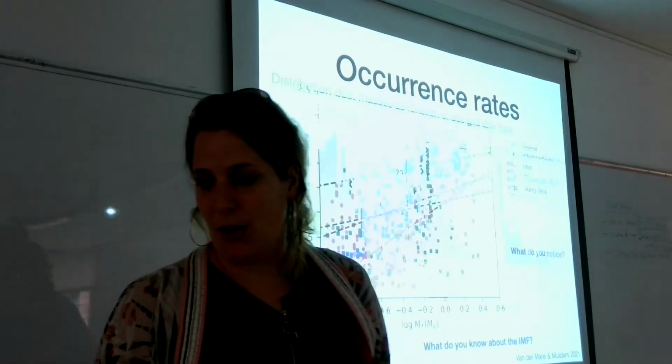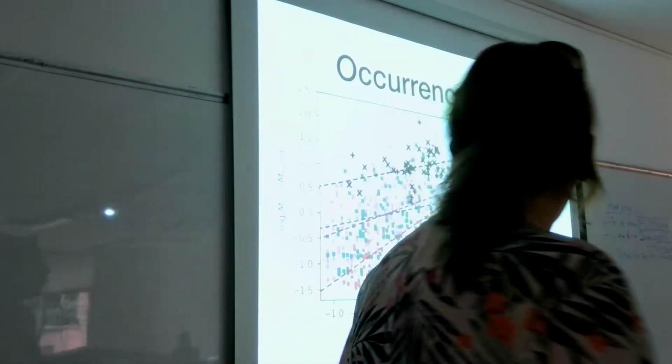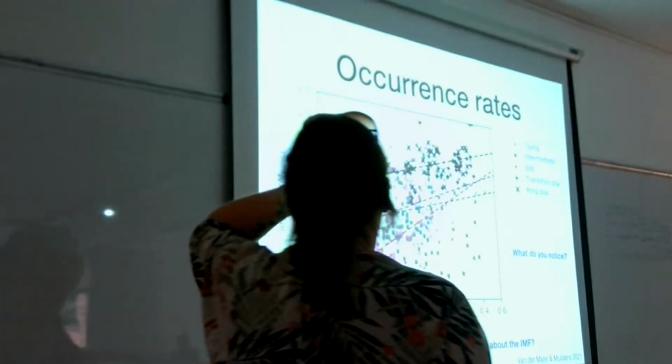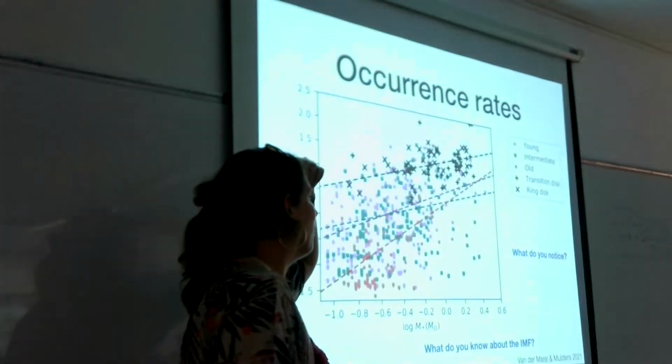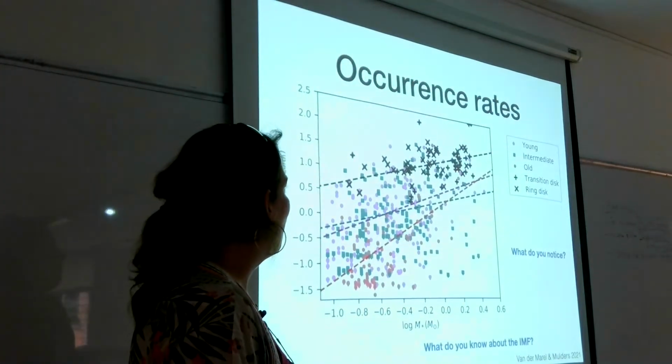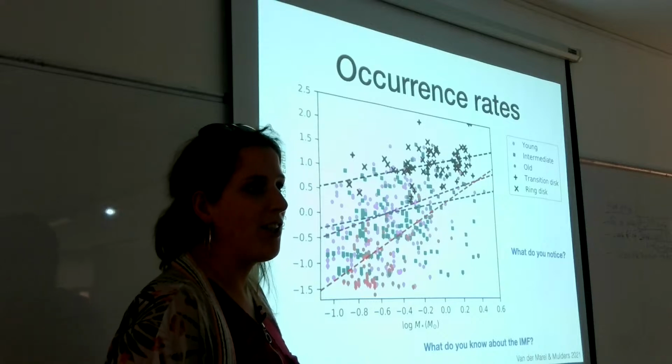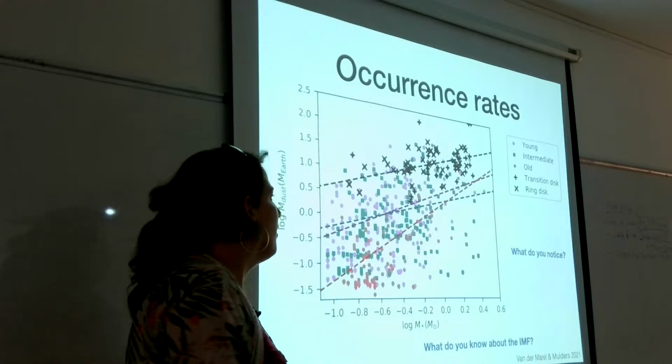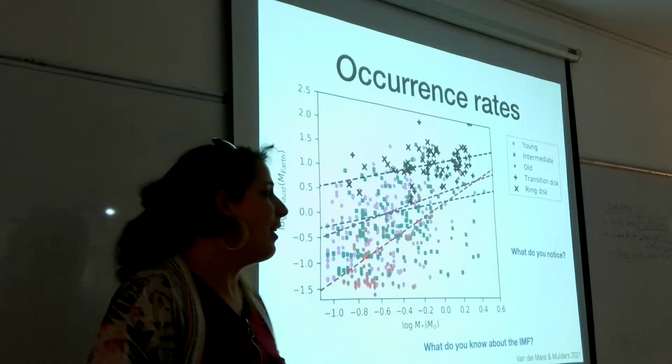So occurrence is still hard to determine, but at least there seems to be some reasoning behind why only a small fraction of disks have substructure. These are the ones that have dust traps that are